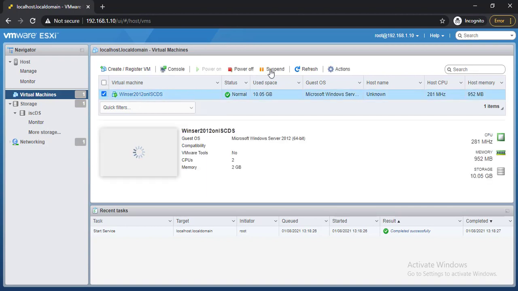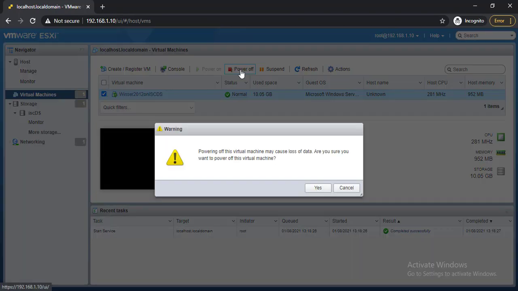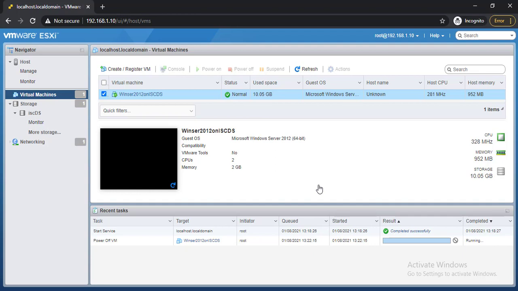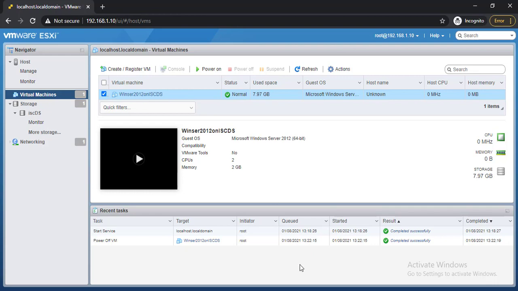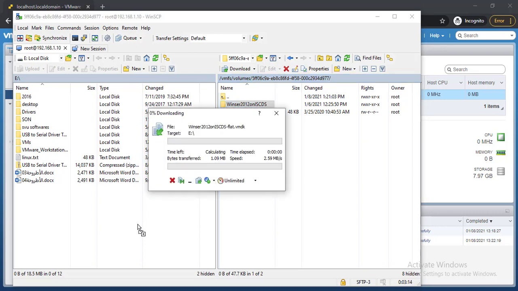Okay, I will go to this machine and power off this machine. Okay, as we can see here, this machine is shut down. I can now copy this machine to my computer. Okay, drag and drop. As we can see here, this machine is now working fine. Okay, as we can see here,